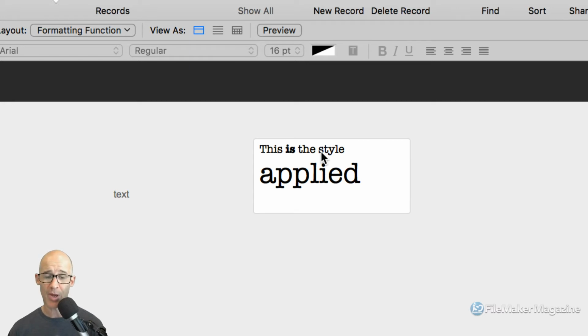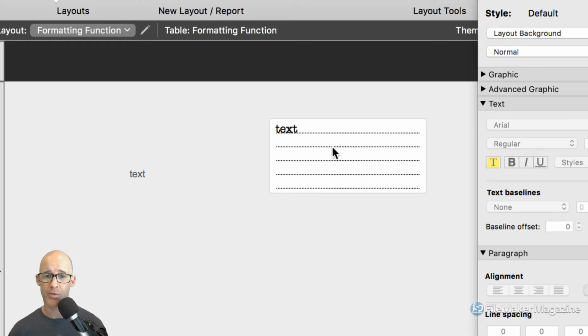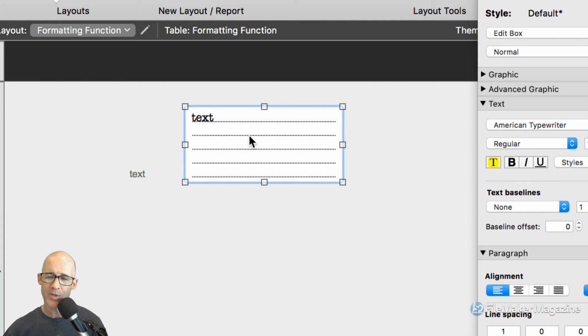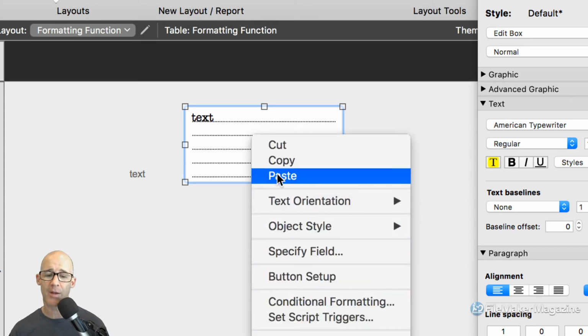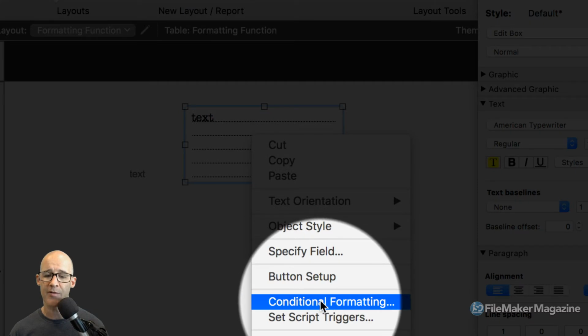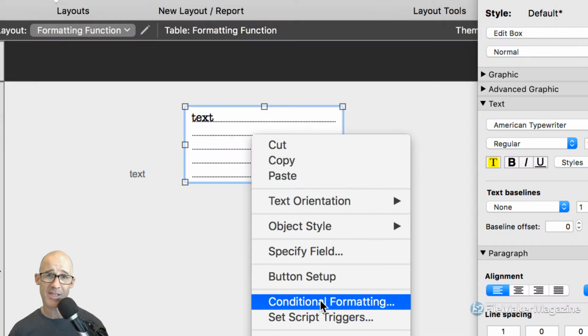We're going to do that by going into layout mode, Command or Control L, and on most every object in FileMaker, you can apply conditional formatting. I believe it applies to fields, text blocks, buttons, and we would just have to see. It's all a matter of you just right click and then you choose this option right here of conditional formatting. Now this is the same thing that you have within